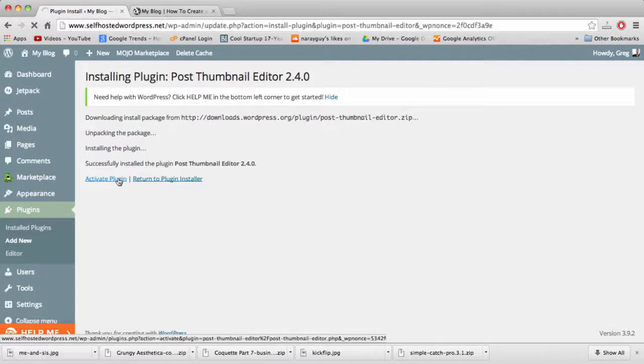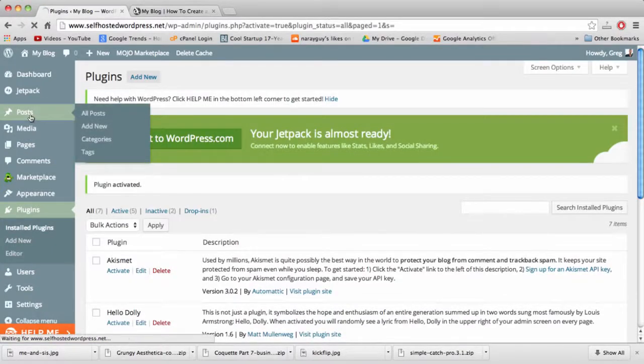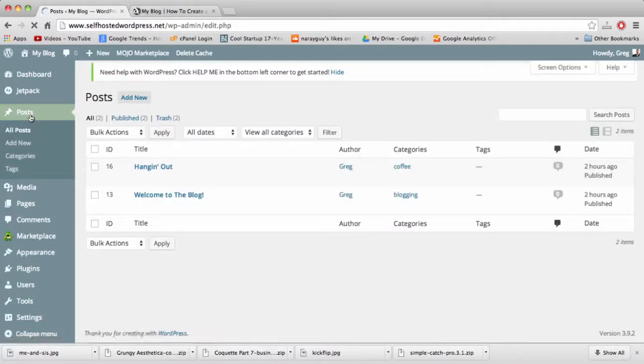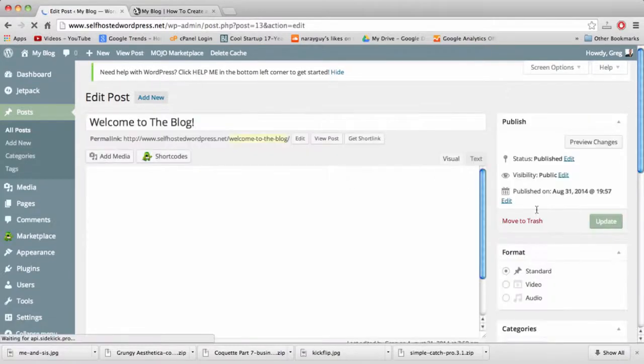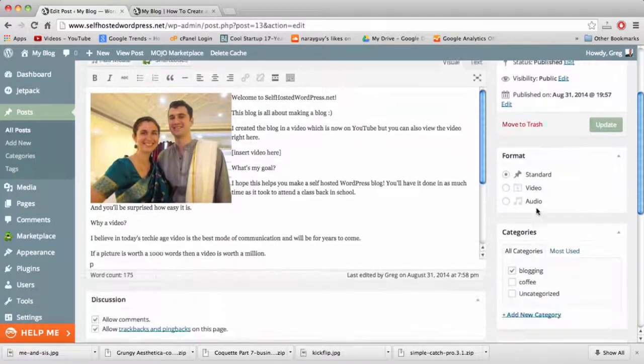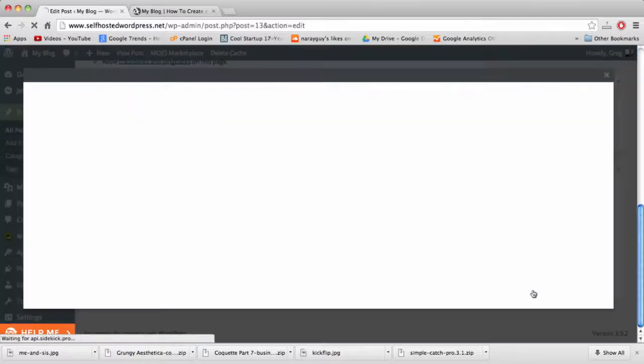Make sure to activate the plugin. And then let's hop back to posts, and I want the post that has that image where my face was cut off. So that's the welcome to the blog. In here, you'll notice our post looks the same, but right by featured image we have this new link in blue for post thumbnail editor. So we want to click that,